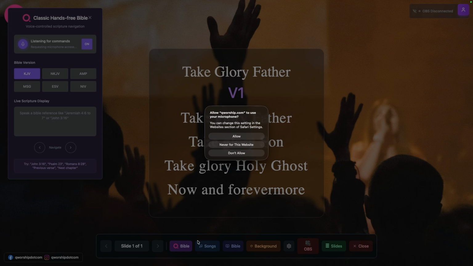It asks me if I want to allow QWorship to start listening using the computer's microphone. So I would click the allow button here, but obviously because I'm on Google Meet with you, I can't do that now, because then it's going to switch the microphone from Google Meet to QWorship. So in church, whoever is behind the computer would click allow,